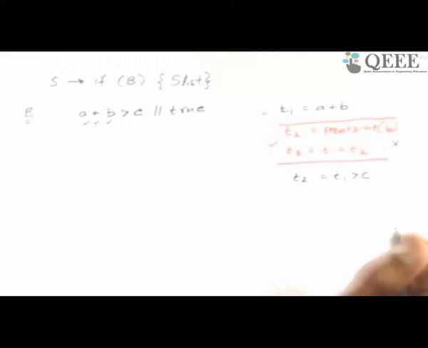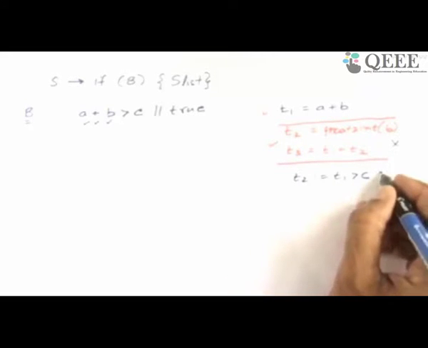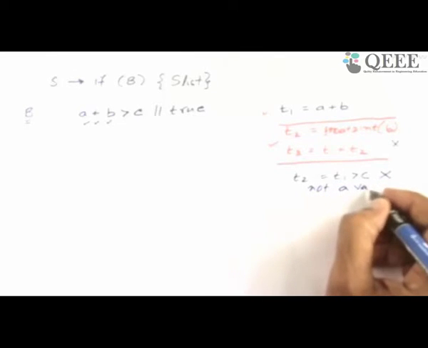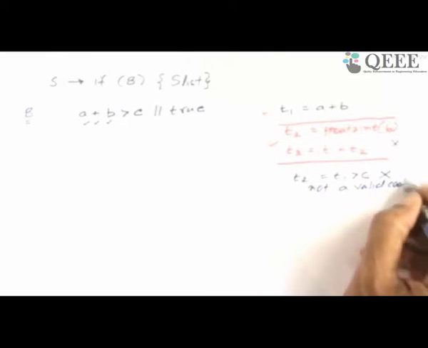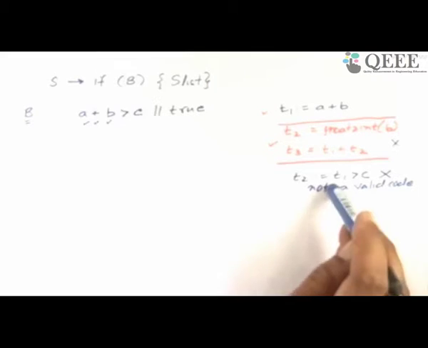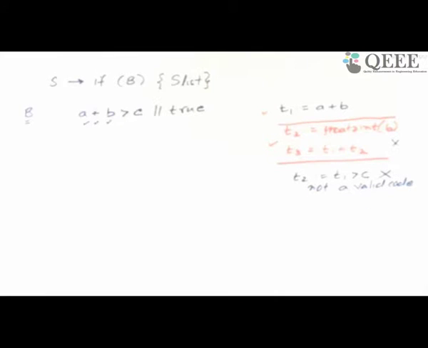I'll go back and show it to you that this is not allowed, this is not a valid code in the intermediate code list. And you can imagine why it is not valid. What are the valid intermediate code patterns? If you have gone through an architecture course, you have looked at machines and the machine instructions, you realize that there is no such machine instruction. Since there is no such machine instruction, we also do not keep it in the intermediate.